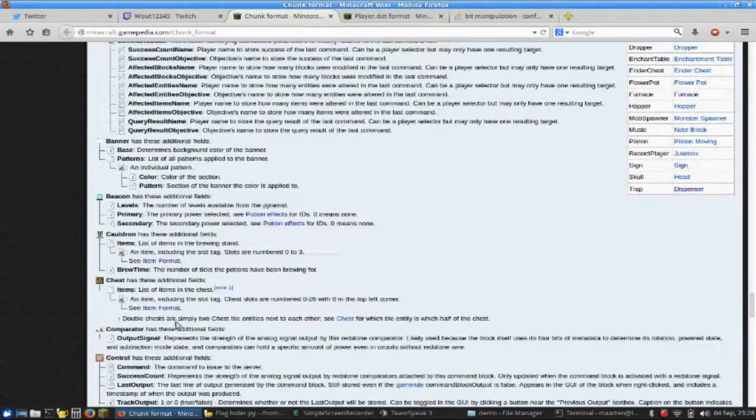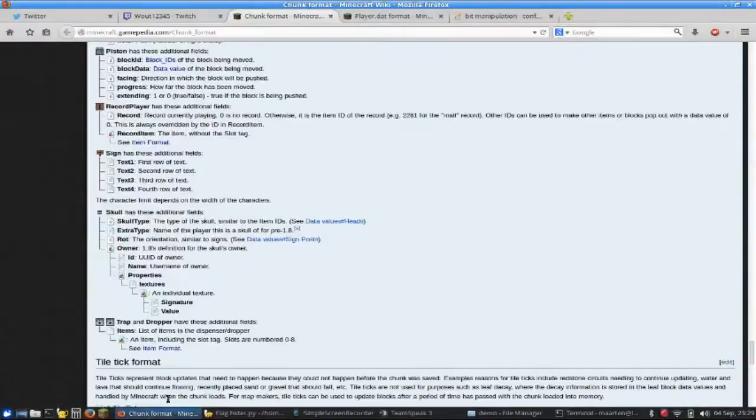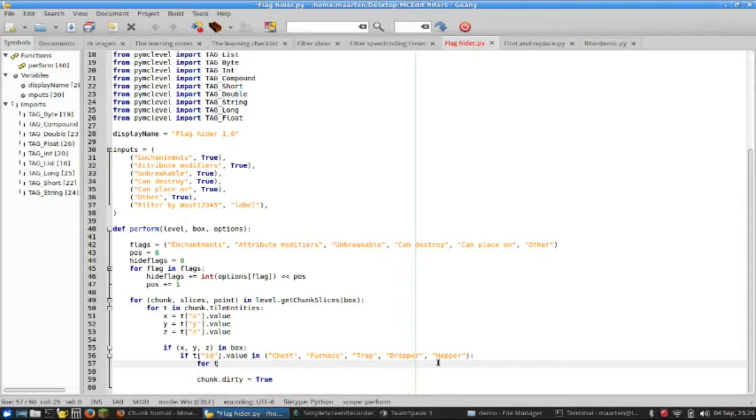Oh, where are you, trap? You also need an inventory, because you're lonely. Okay, trap, dropper, and hopper. Yep, they all use the item stack, which is nice. So we can basically just say, okay, for